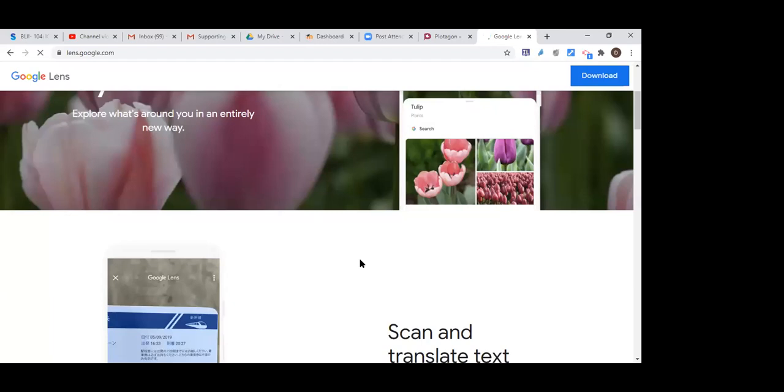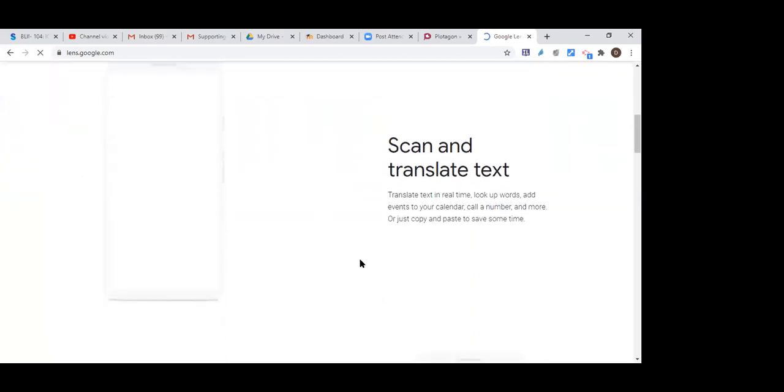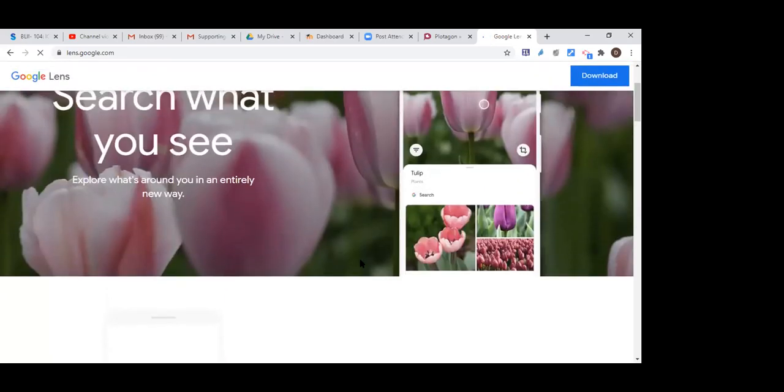If the document is a written document, maybe any book page in English, just open the Google Lens app and click on the translator, the first option. Then the whole content of the book page is converted immediately, within a fraction of a second, into your desired language.